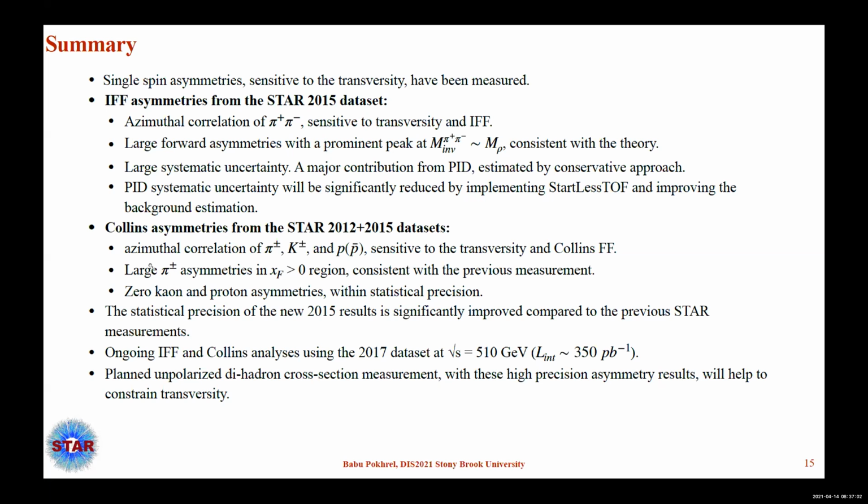And we observed the large pi plus and pi minus asymmetries in the forward jet scattering direction, which is consistent with the previous measurement. K plus is about the size of the pi plus asymmetries. However, K minus and proton asymmetries are consistent with 0 within the statistical precision. And these new results are statistically precise relative to the previous measurements, and the IFF and Collins analysis using the 2017 data set at 510 GeV is ongoing,